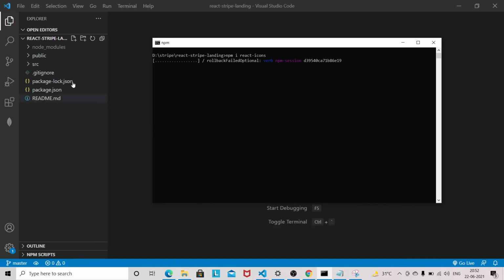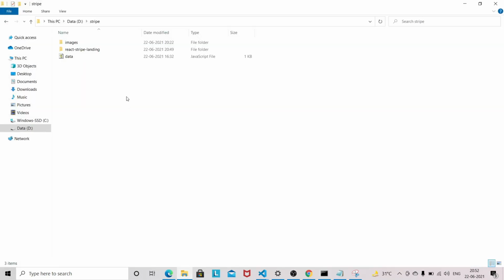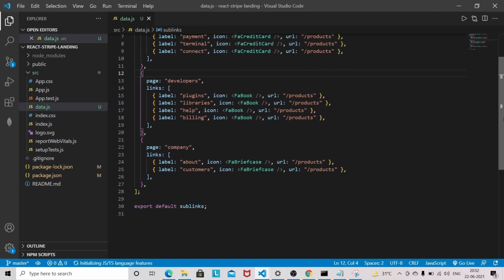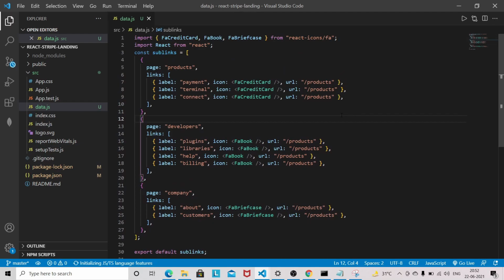The project is open in Visual Studio Code, and in the project I need some data. I will show you what the data is. I am putting the data in src, and we have some header items along with the icons.